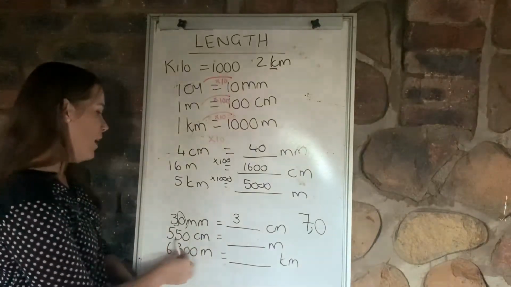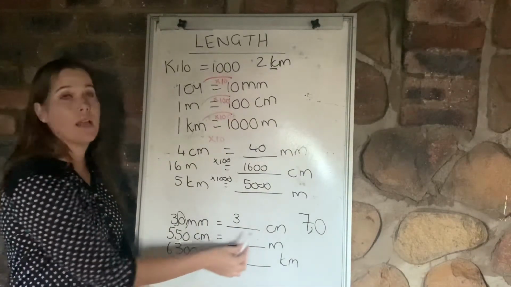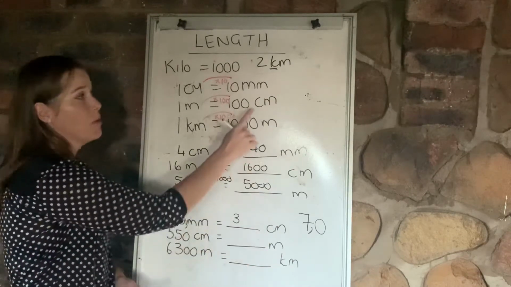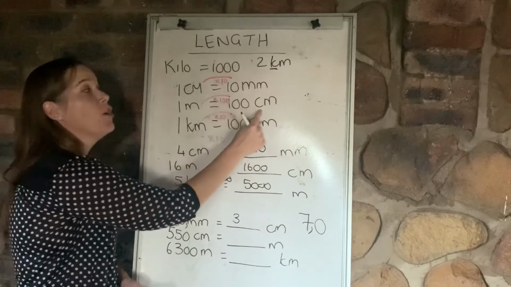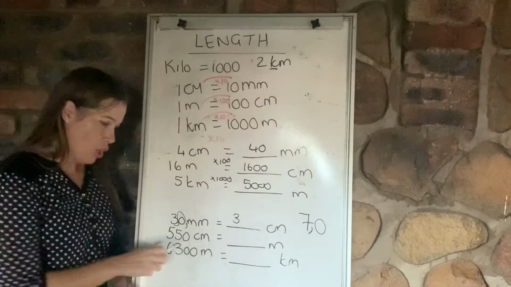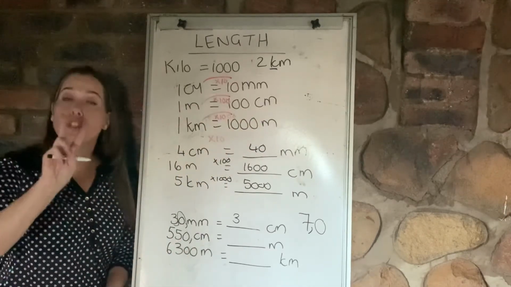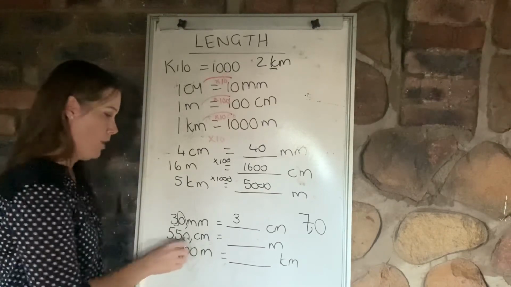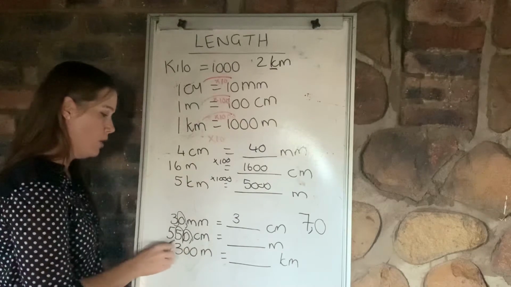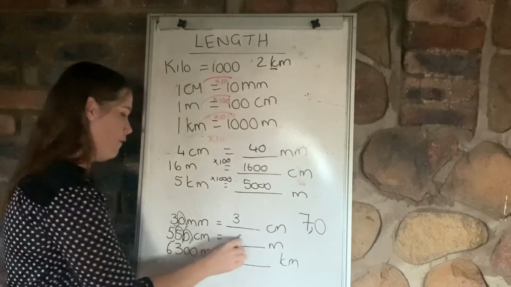If we have 550 centimeters, how many meters is that? Remember, to get from meters to centimeters, we times by 100. Now we are going to divide by 100. So my comma has to move 2 spaces because 100 has 2 zeros. 1, 2. So my answer becomes 5,